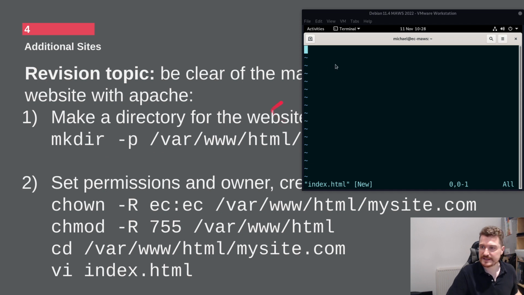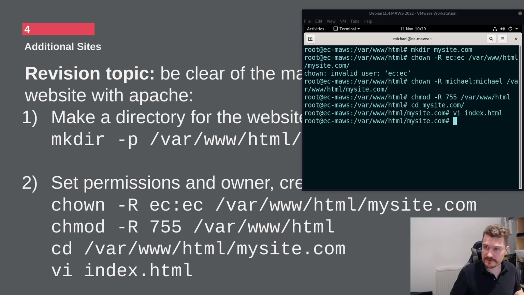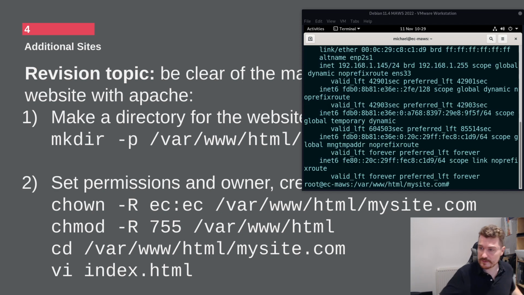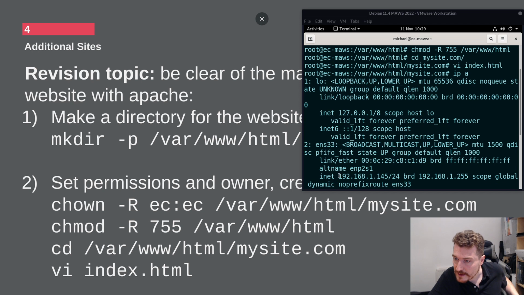Certainly not made it very easy. You know what I'm going to do? I'm just going to very quickly fire out a page here, because otherwise it's going to take me ages to get this to work. What I could do is just SSH into the server, then I'll be able to copy and paste. So let's just grab the IP address